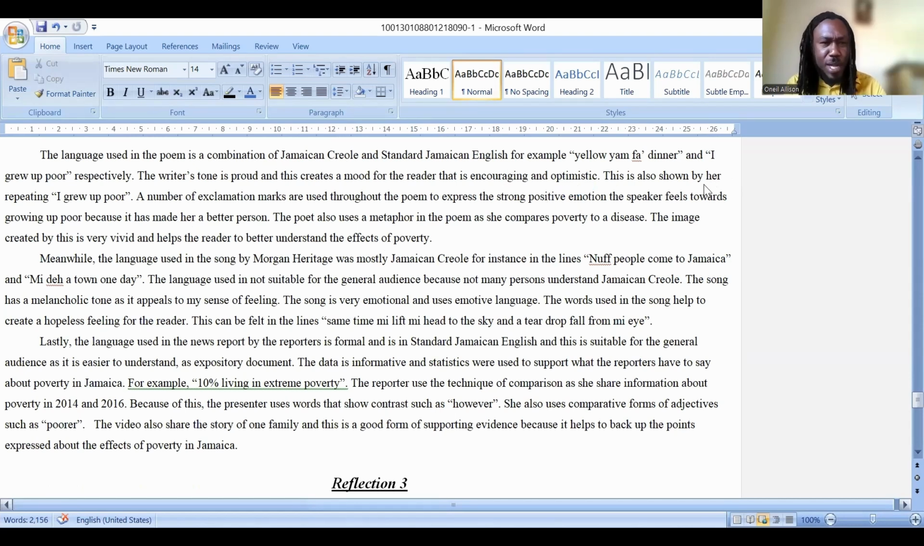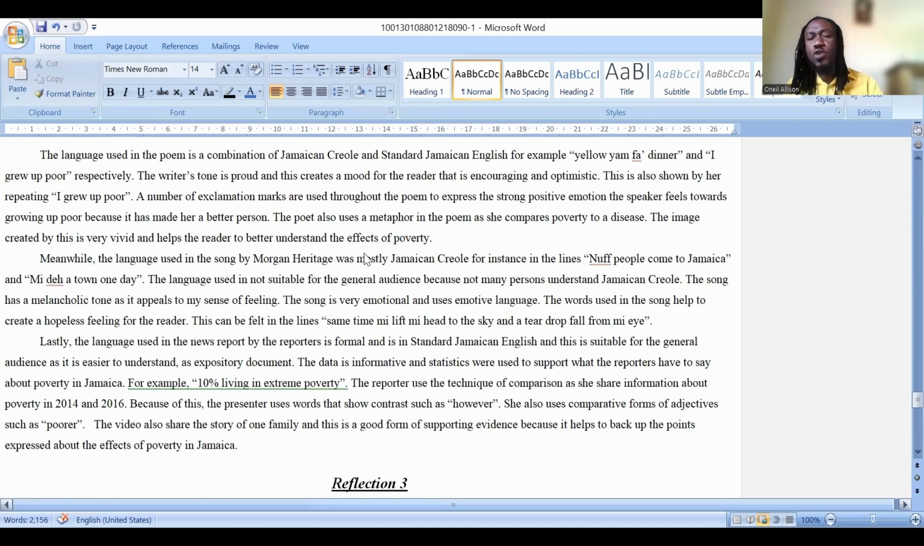This is also shown by her repeating "I grew up poor." A number of exclamation marks are used throughout the poem to express the strong positive emotion the speaker feels towards growing up poor because it has made her a better person. The poet also uses a metaphor in the poem as she compares poverty to a disease. The image created by this is very vivid, which means clear, and helps the reader to better understand the effects